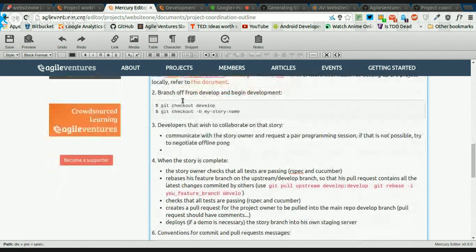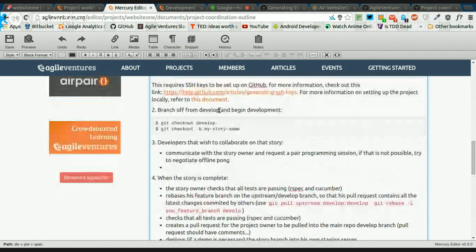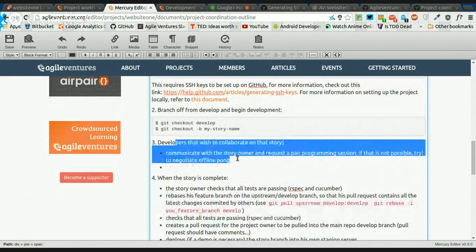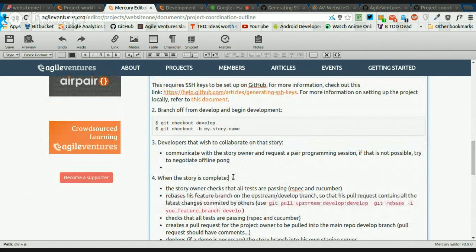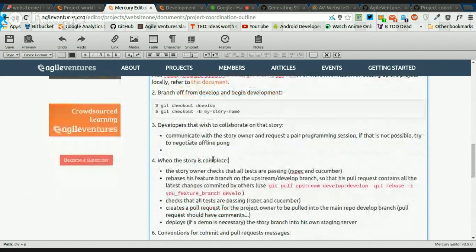Cool. Branch off from development, begin development. Everyone okay with that? Yeah. Those who wish to collaborate on a story, try and negotiate. Right. When the story is complete,